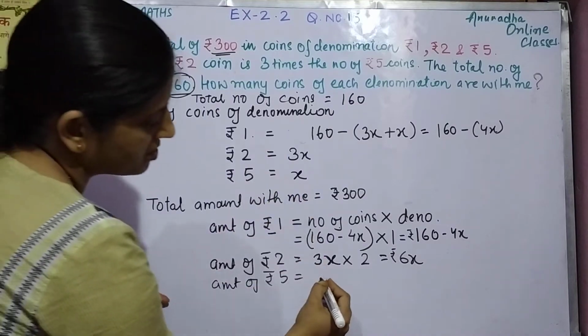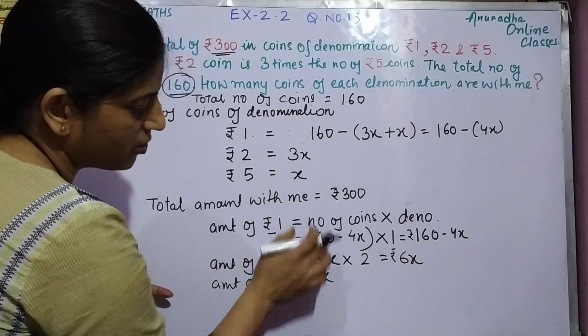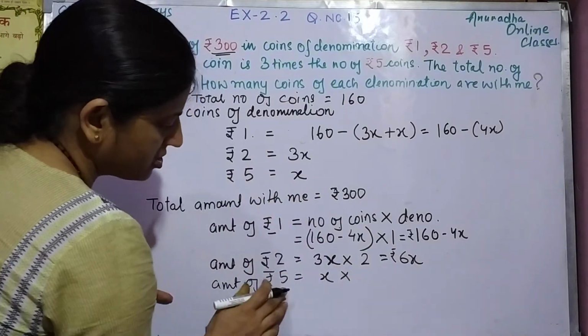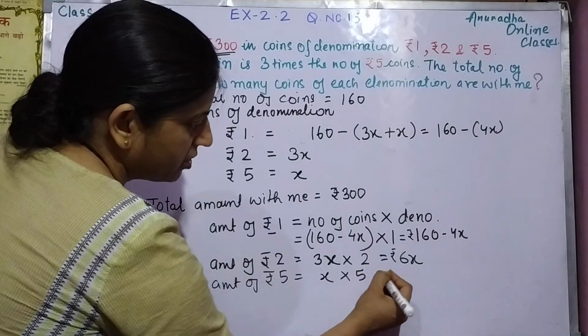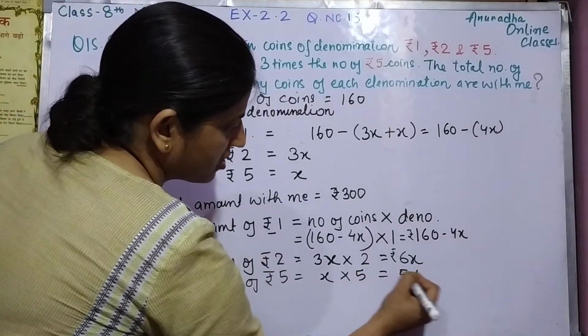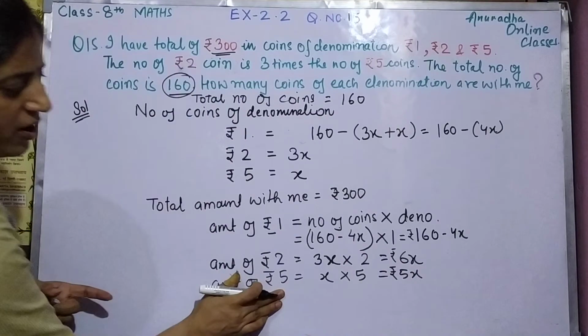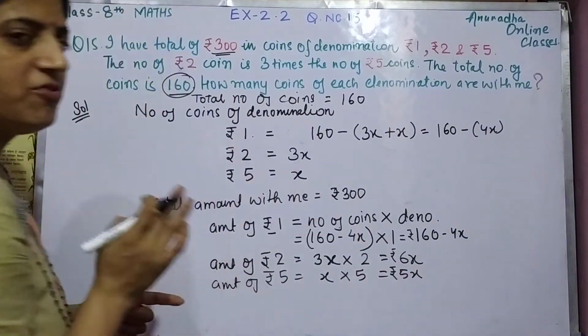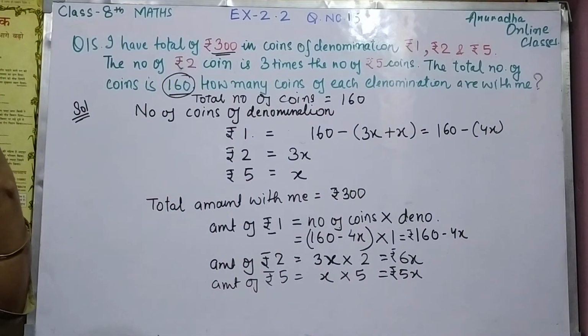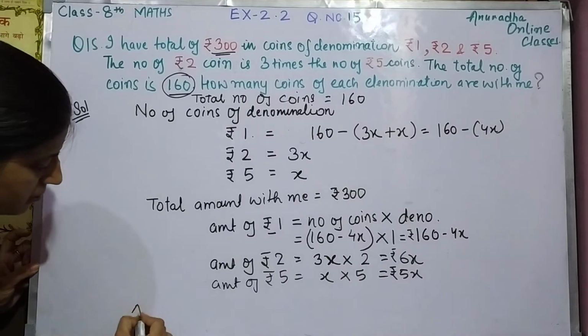Now amount of rupee 5, that is equal to how much? See, this is x. So number of coins x hai and denomination is 5. So this is what? 5x. Total amount of 5 rupees I am having what? 5x. Okay. Now according to the question,